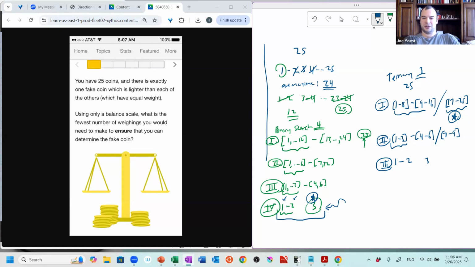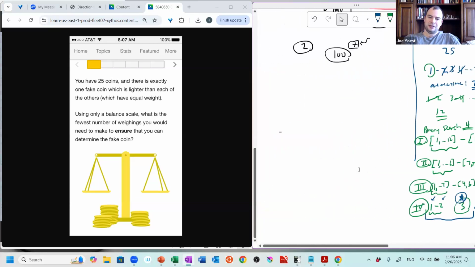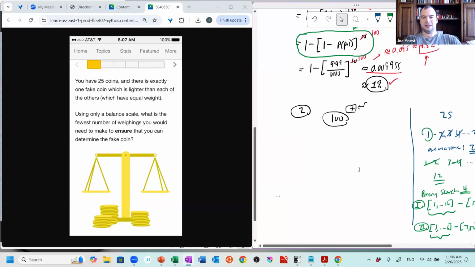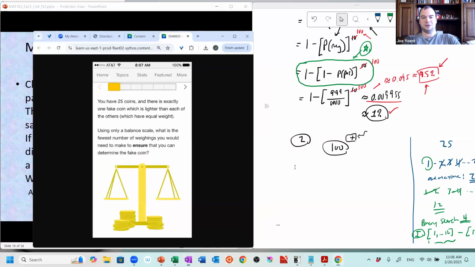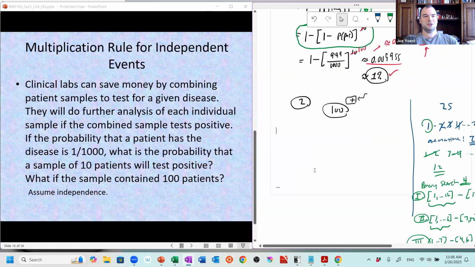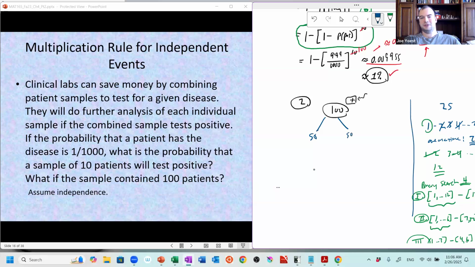I thought this was a really nicely constructed problem. And also it has something to say about this, right? So when I have a positive result, if I really want to make the most efficient use of my resources, I could actually split to a pool of 50 and 50. If there's only one positive, then exactly one of these will be positive and the other negative. I can split this 50 into say 25 and 25 or something like that.